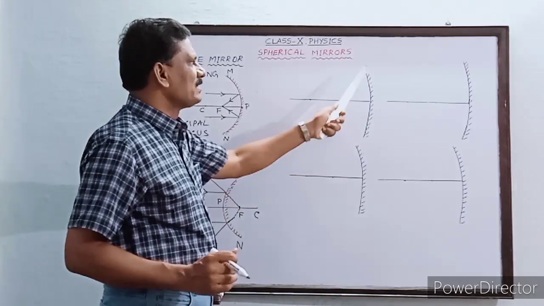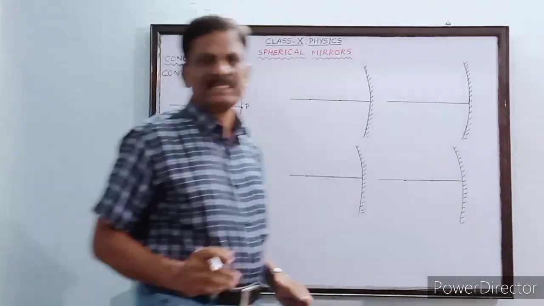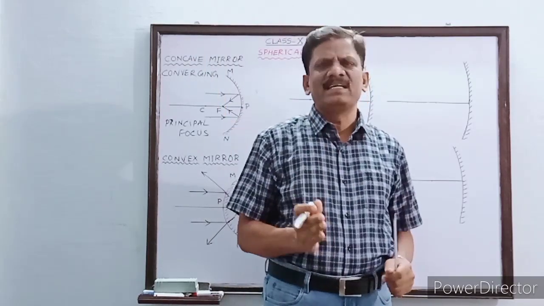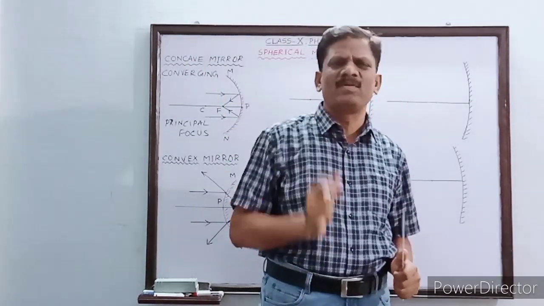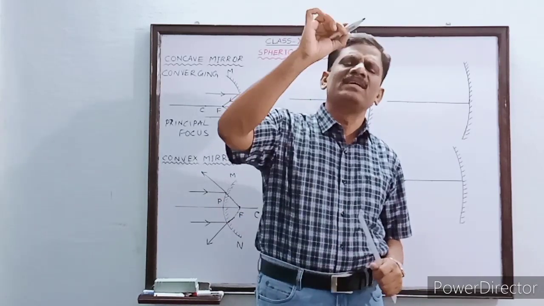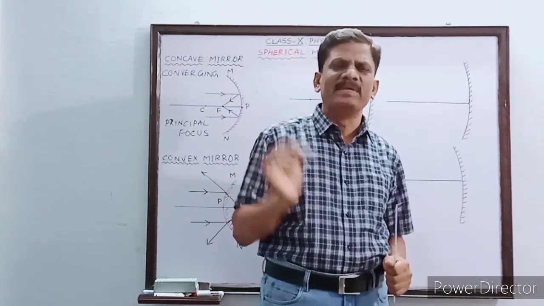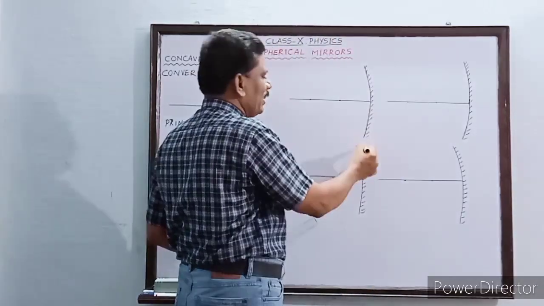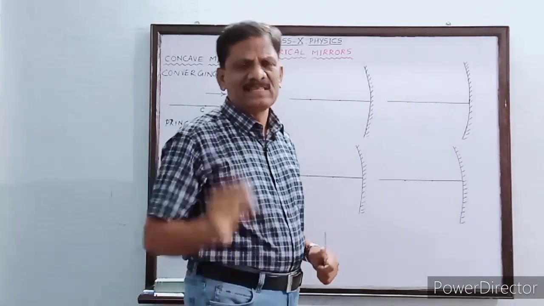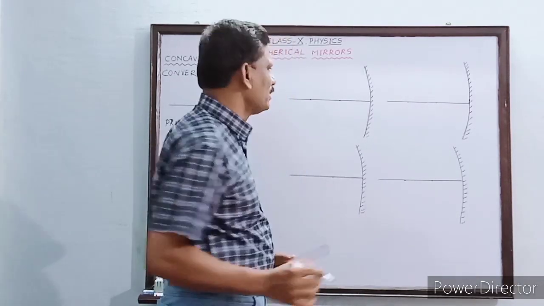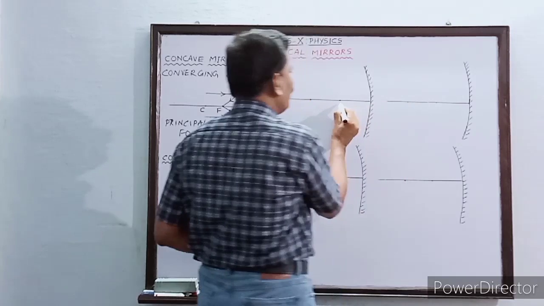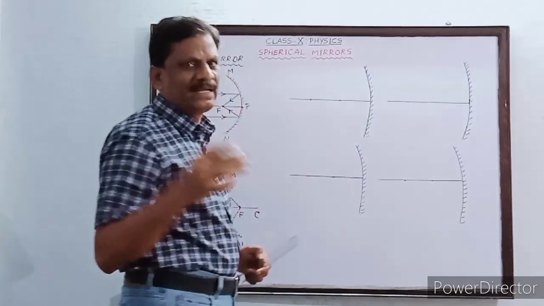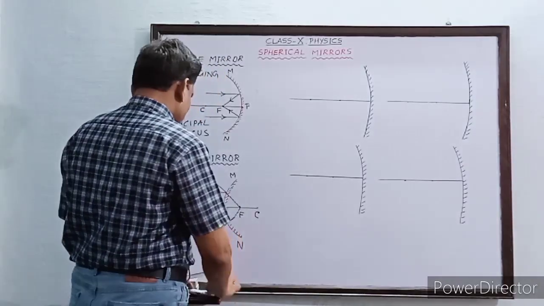So first of all, you draw a concave mirror such that it is not too much curved, slightly flat, slightly like a plane mirror, slightly curved only you have to draw in the exam. If you draw using a compass, a half circle, then the picture will not be clear. So follow these instructions. I have drawn it slightly curved and slightly plane also. Understand? That is sufficient. And first you don't write F here, C here and all. First draw the incident ray and then you will write this information.